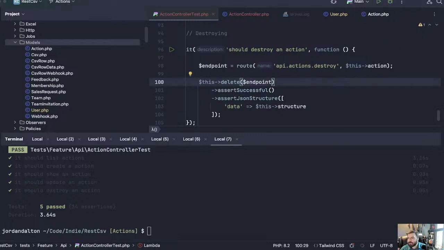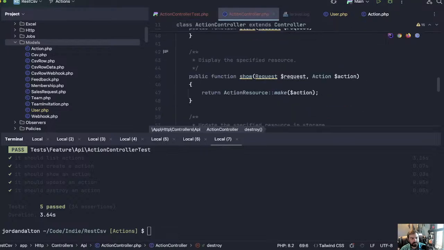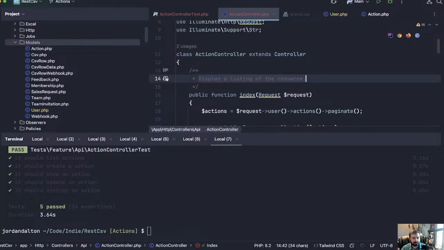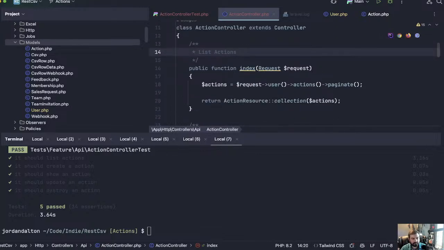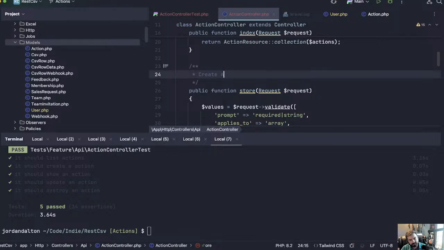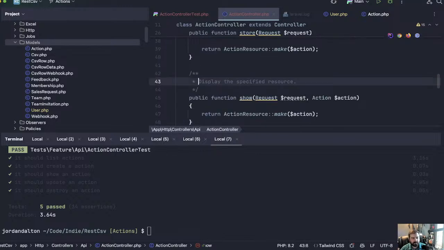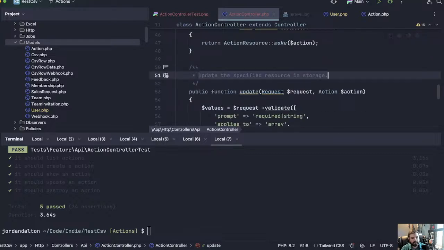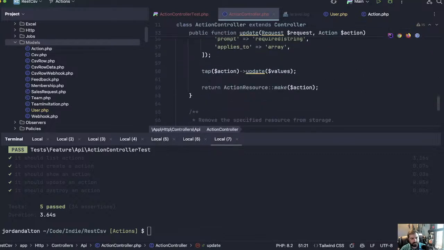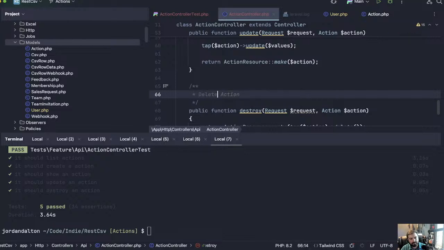I'm going to have to update some of these, and I'm having to do this because the documentation generator goes off of these. And so if I want my documentation to look good,